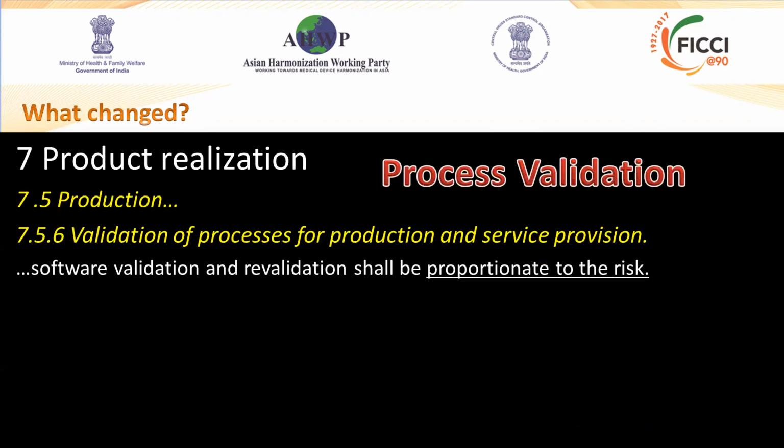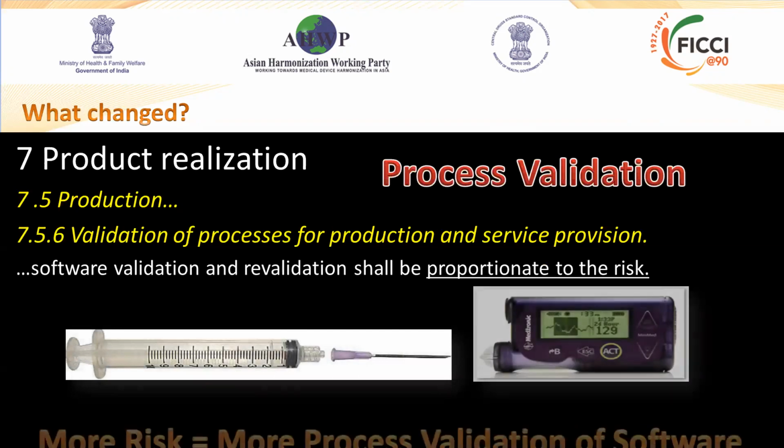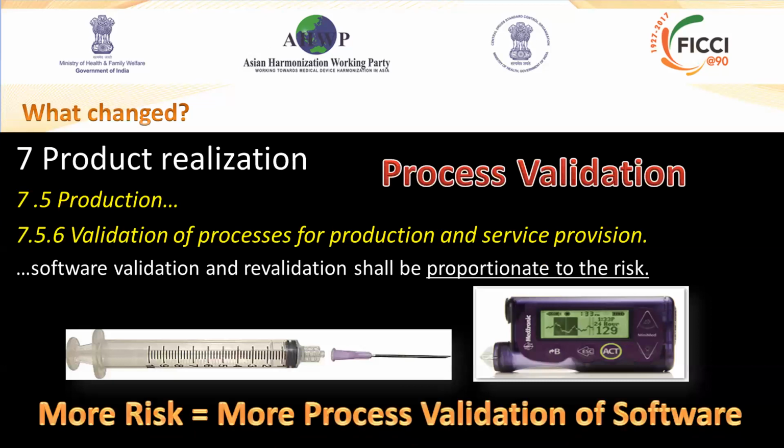risk. So if the software is being used by production, process validation is something where 100% inspection can't really be done. And so software in this particular case is automatically going to be a little bit more subject to critical analysis when you're going through a software validation process. But lower risk, simple devices won't need as much software validation as a device that is more complex.